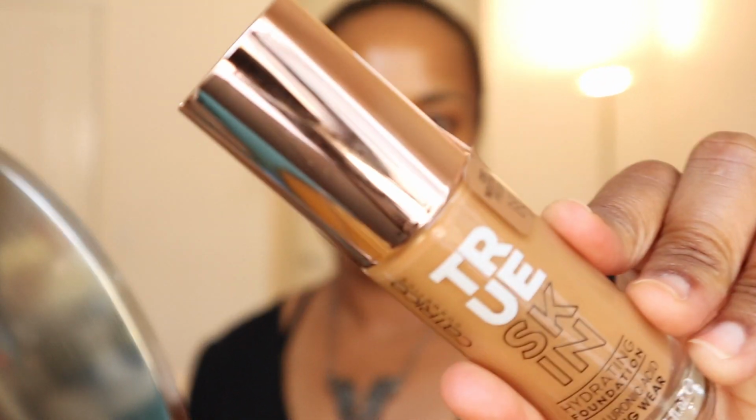My last foundation is from Catrice. This has been the viral foundation, True Skin Hydrating Foundation with hyaluronic acid. It also states it has watermelon seed oil. It leaves perfectly even skin tone for a natural matte finish on the skin. I chose neutral pecan. It looked like it would be the closest to me as far as a shade. It is slightly lighter on me,